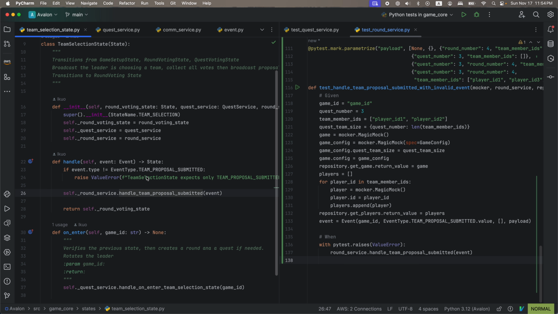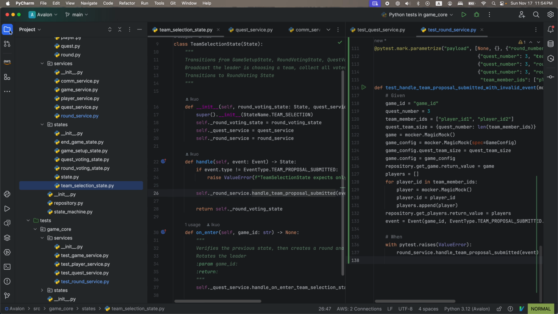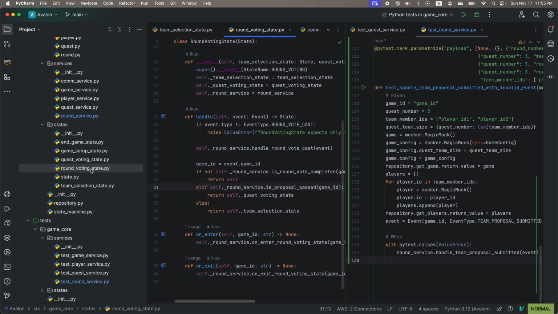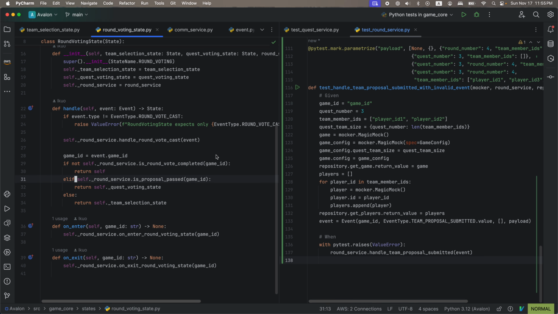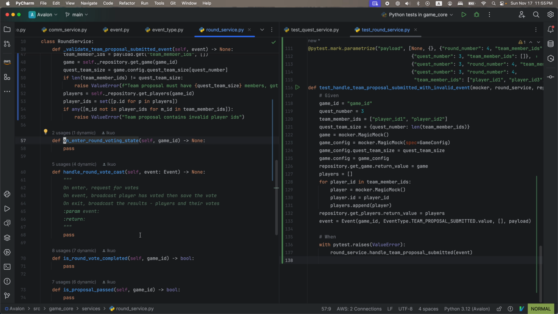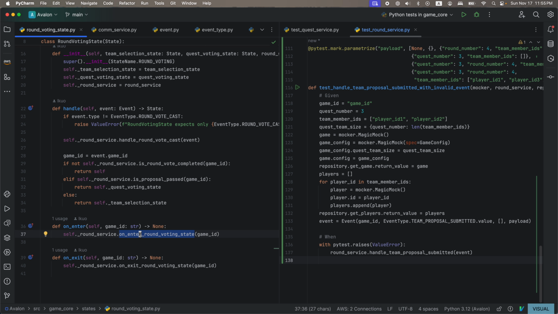Woohoo! So now, next, we are going to move on to the round voting service, the round voting state. This one looks bad, but it's actually okay, because on entering the round voting state, we want to broadcast that the round voting has started,